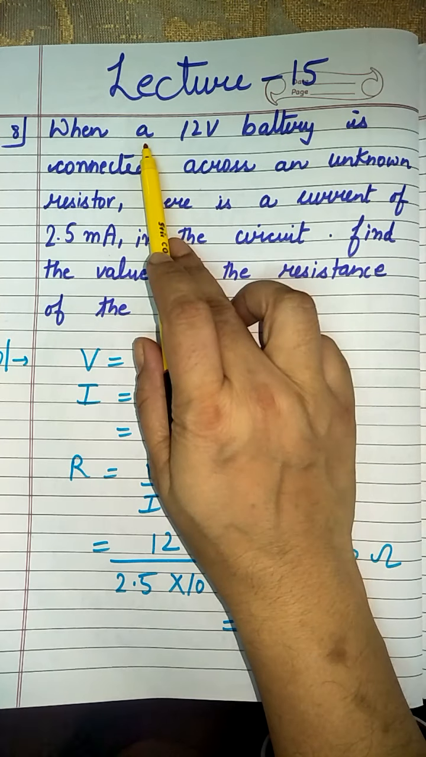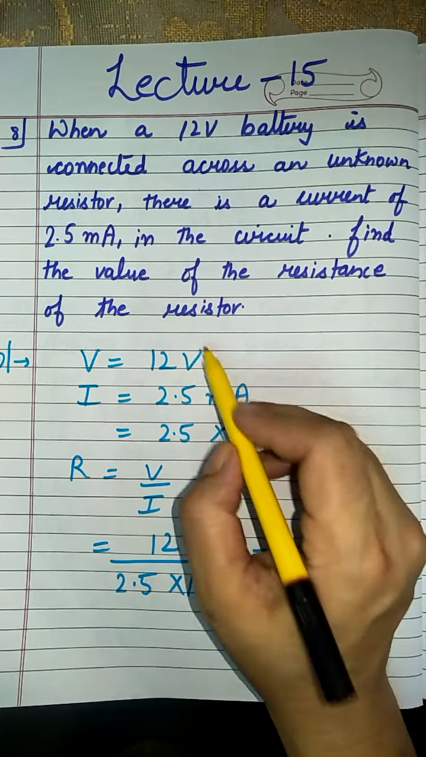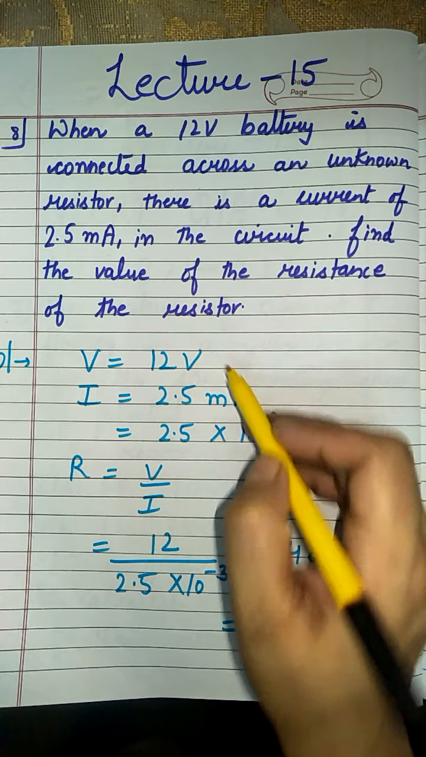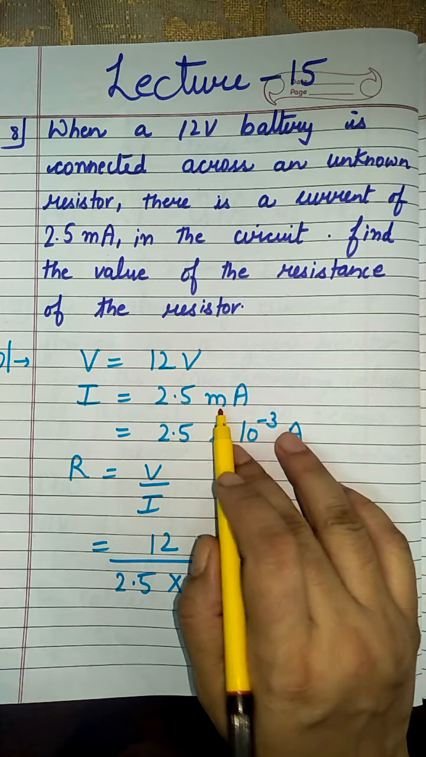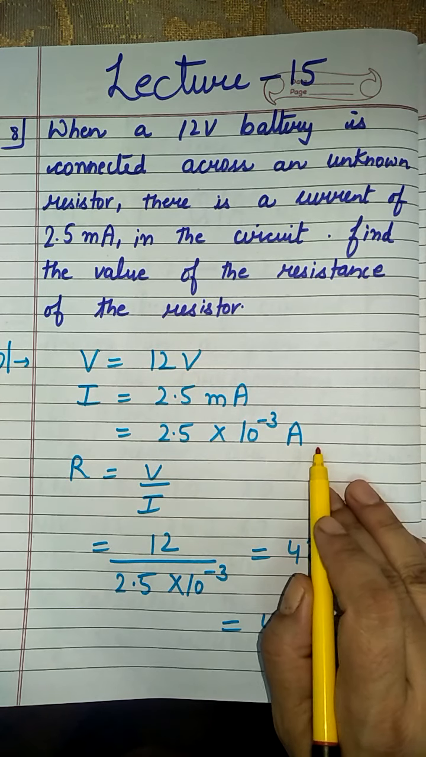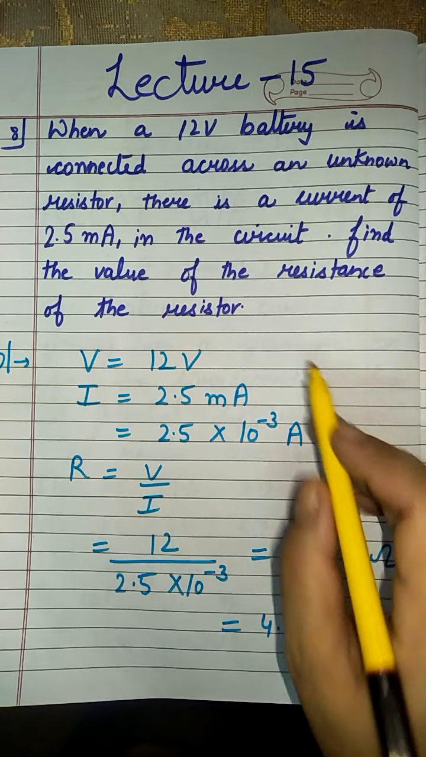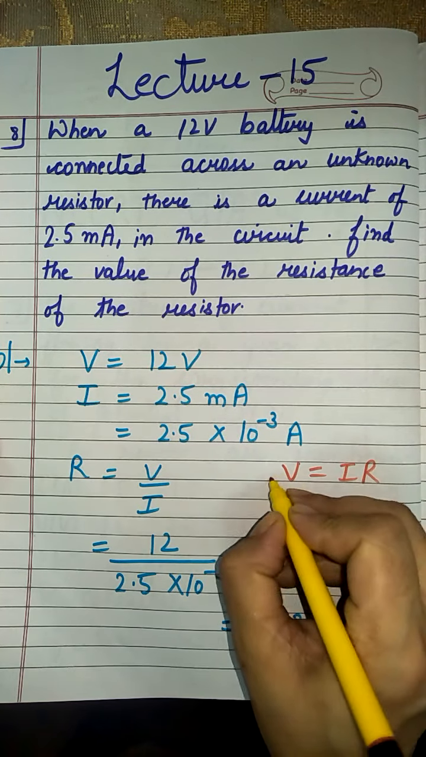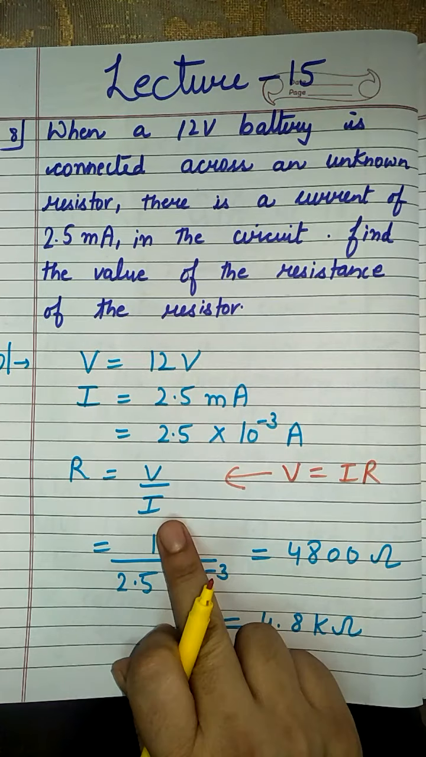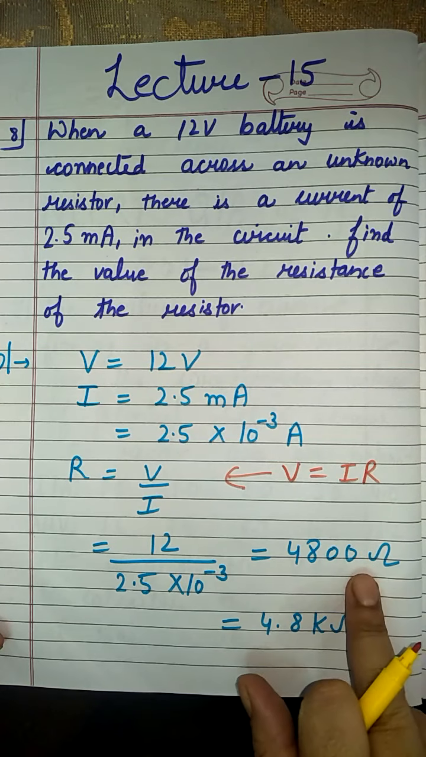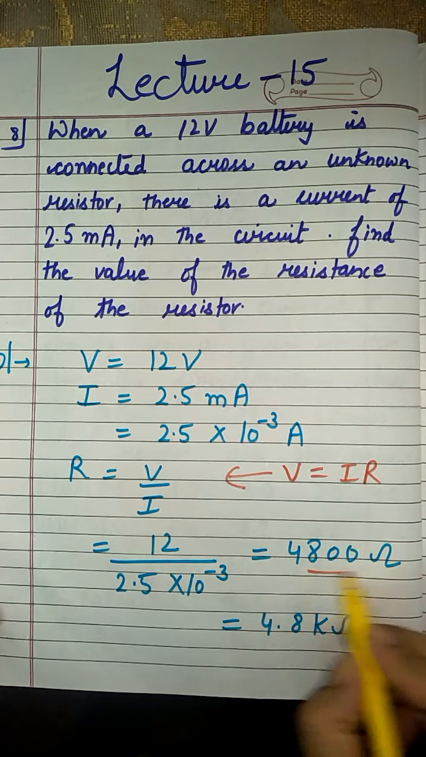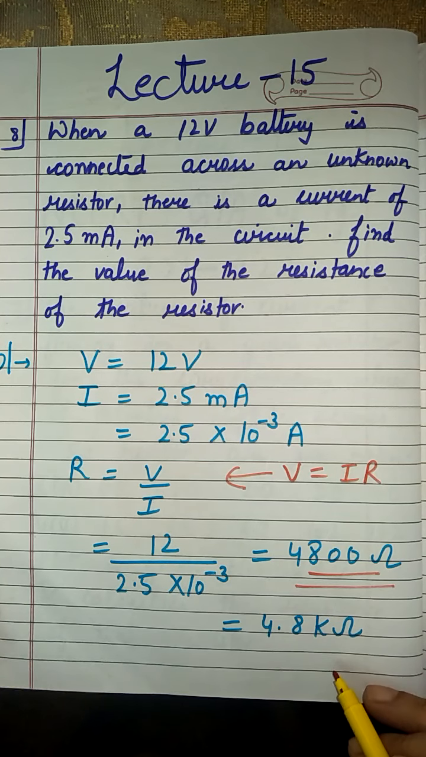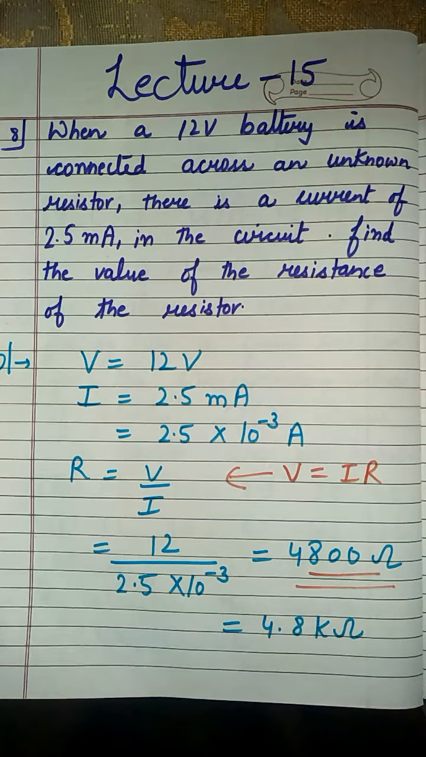Question number 12 is: a 12-volt battery, voltage is given, is connected across an unknown resistor. There is a current of 2.5 milliampere. Milliampere means 10 raised to power minus 3 ampere. You want to find the value of resistance. You know V is equal to IR, so definitely R will be given by V upon I. Putting these values, you get 4800 ohm. And when converting to kilo ohm, divide by 1000, you will get 4.8